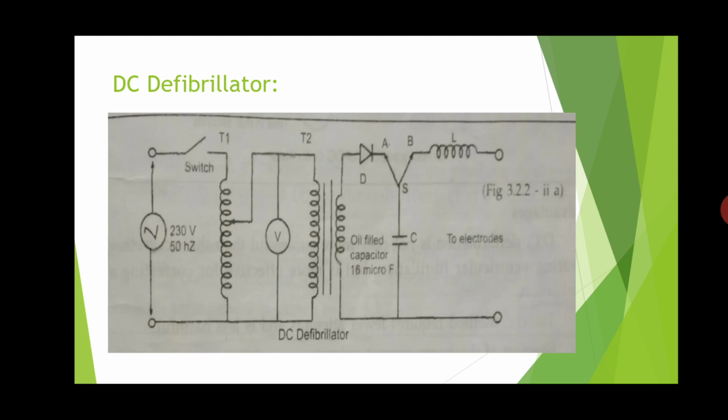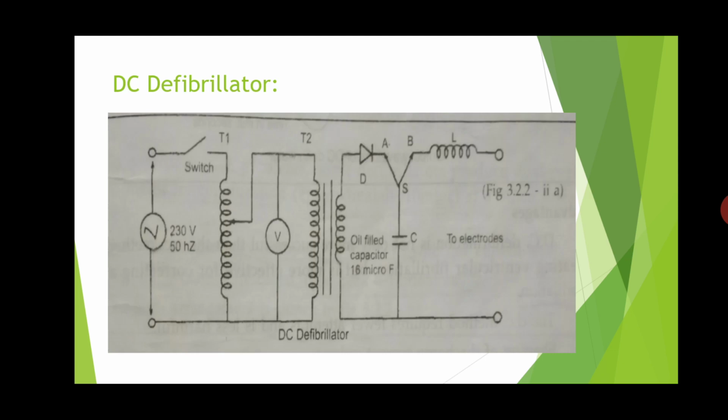At the primary, they are using the voltmeter, and from the mains lines, they are connecting supply to the auto transformer. By tapping the auto transformer, we are selecting the range of different voltages, and that voltage is measured by the voltmeter. At the secondary of the transformer, they are connecting a diode, and there are 2 points available there, that is an A point and a B point.